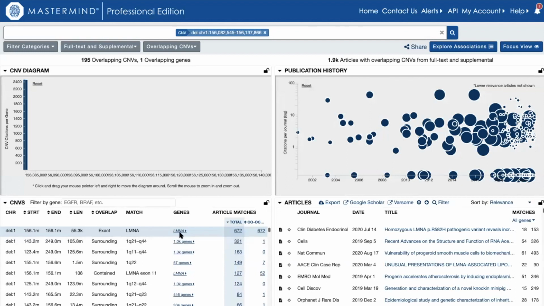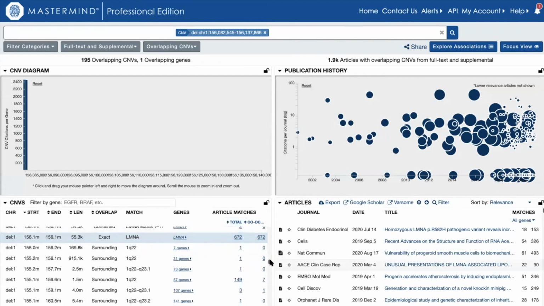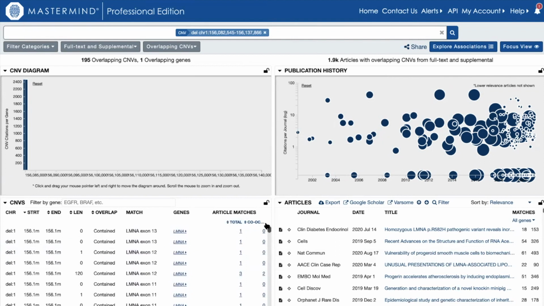containing deletions in LMNA. The top priority will be those with full gene deletions, and I can see that there are 672 articles. If I sort the information by start position, I can actually see the deletions that are within the gene as well. So publications here that are related to exon 13, it looks like there are not any. In this case, I can see a very small deletion within exon 12, larger deletion here, 120 length of base